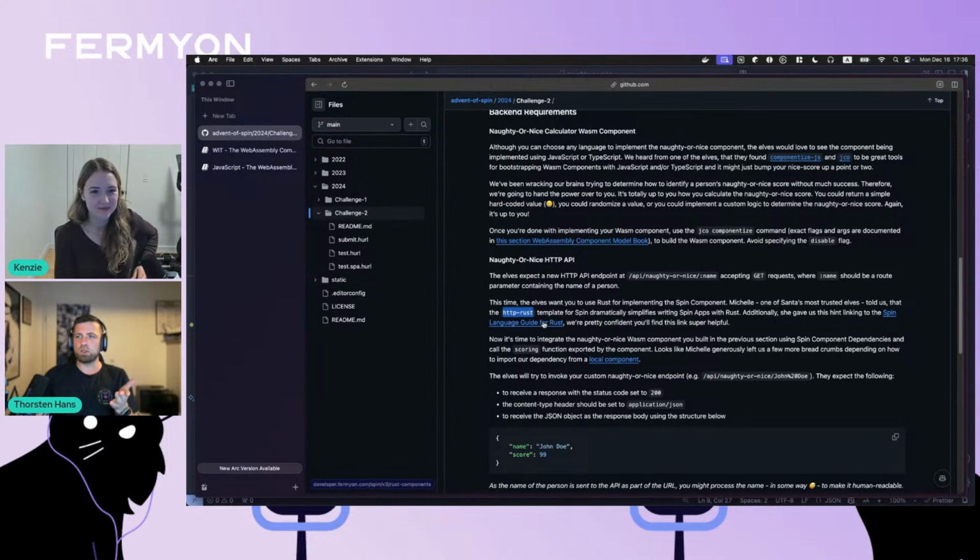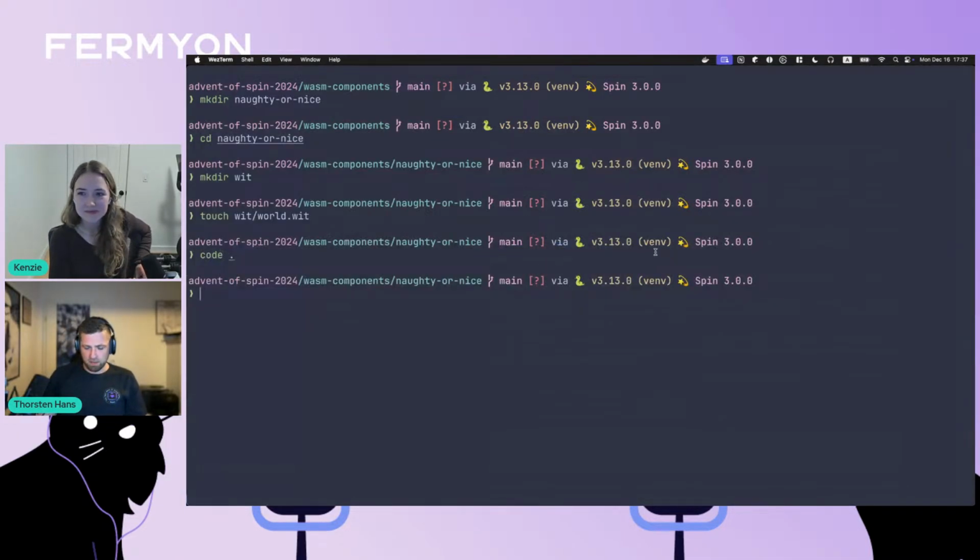And we have a language guide, obviously for Rust and for all other languages, on what you need to install on your machine in order to make Spin compile your code down to WebAssembly. So let me quickly copy this one so that I don't have to write that. Let's go back to the root of our